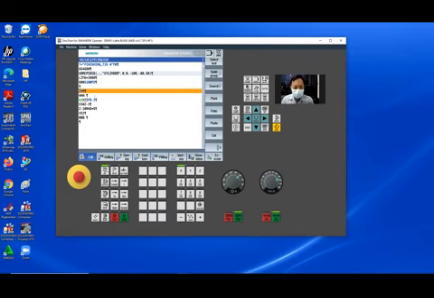And then you need to place in the G0, X52 and Z2. Like this.